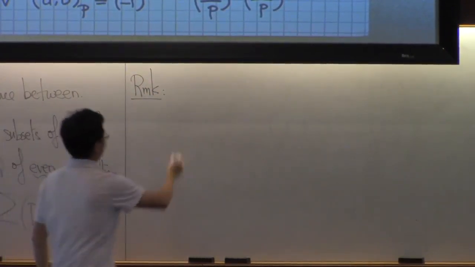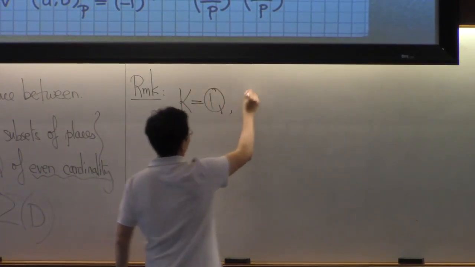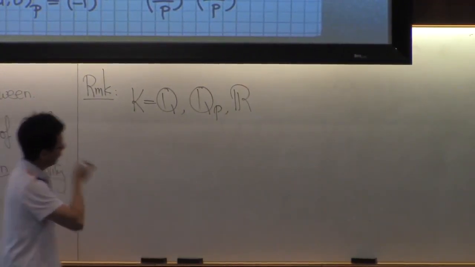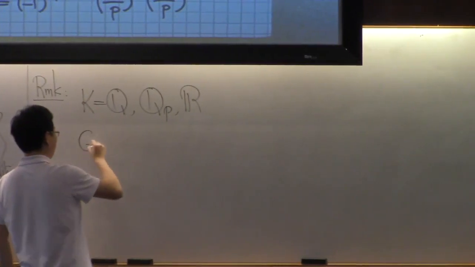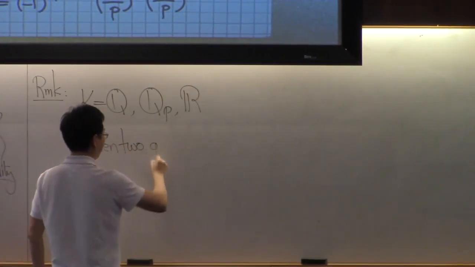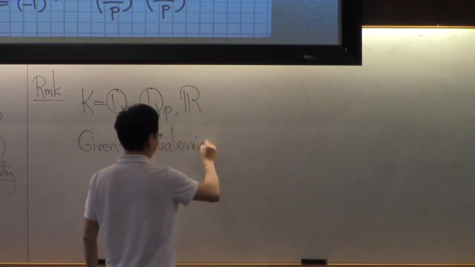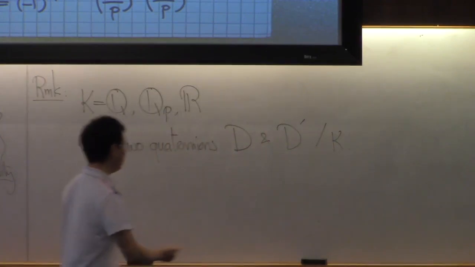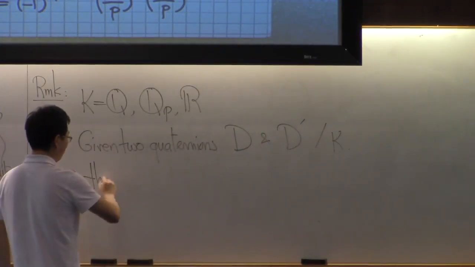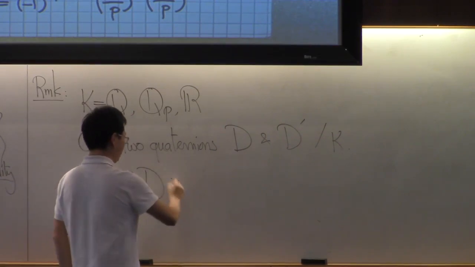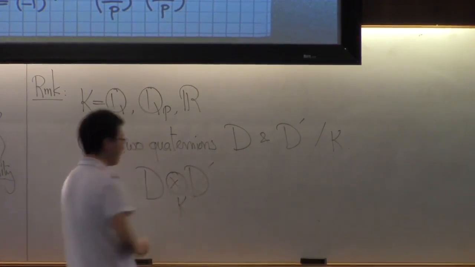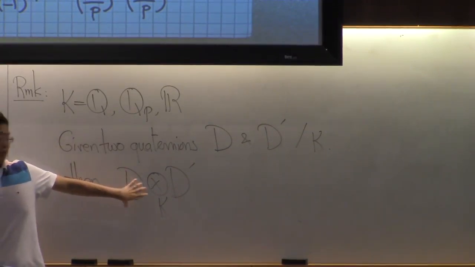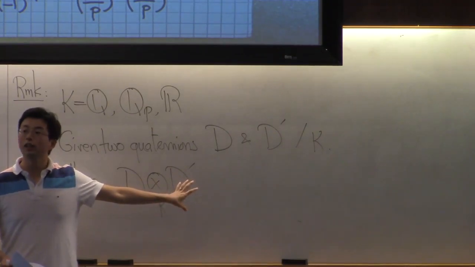The remark is that if your field K is either Q, Q_p, or R, possibly a global field, and given two quaternion algebras D and D prime over K, then you do the following crazy thing. You tensor these quaternions over K. This one is a 4-dimensional K vector space, the other one is also 4-dimensional. When you tensor together, you get a 16-dimensional